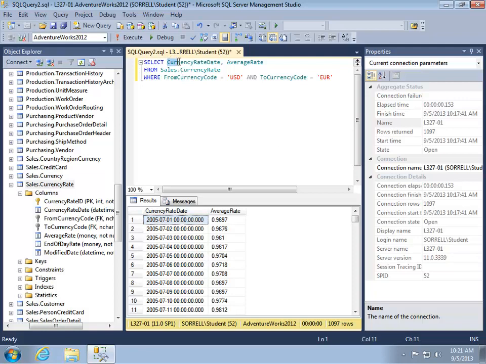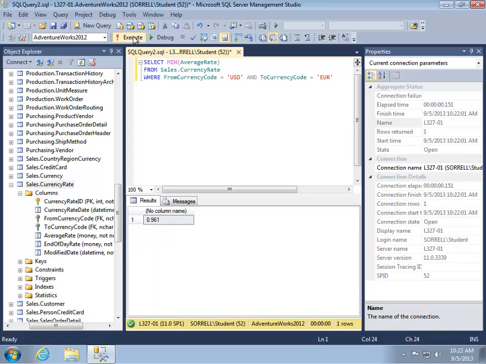I will first need to remove the currency rate date column from my result set. We will later see how we can add this back. And to start with something very basic, we will use the min function. The min function will return the minimum value of the selected column. So if we execute this function, we will see that the lowest rate in the period that this table covers was